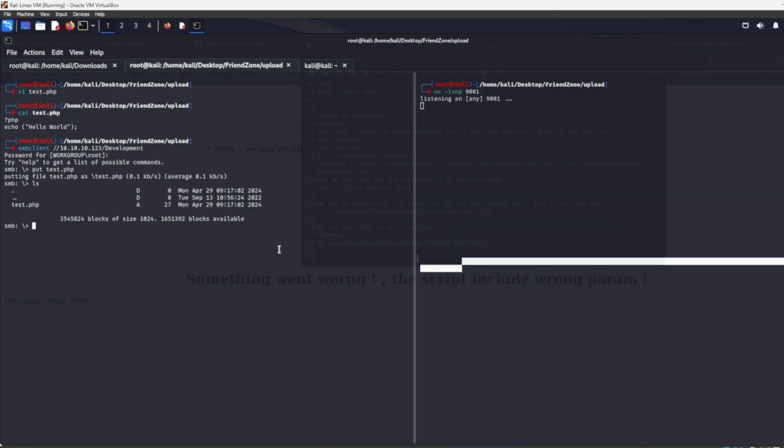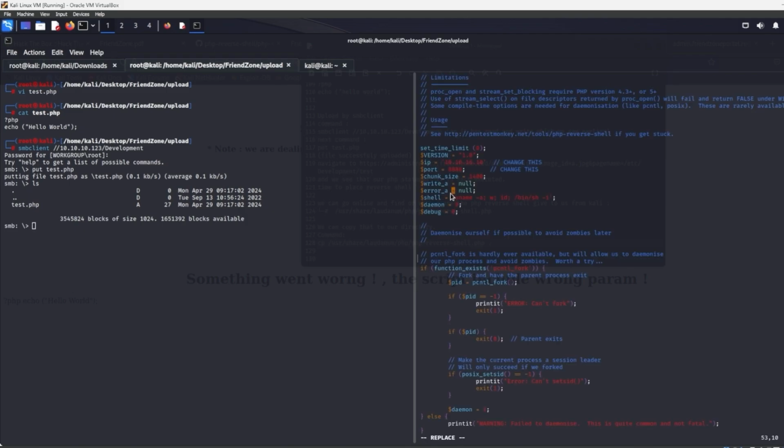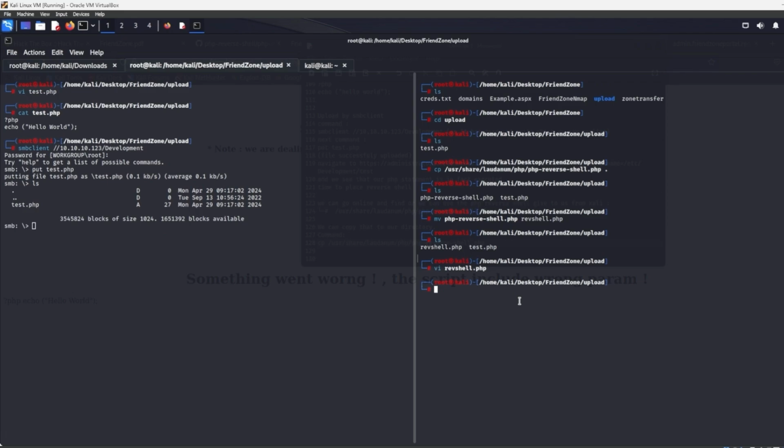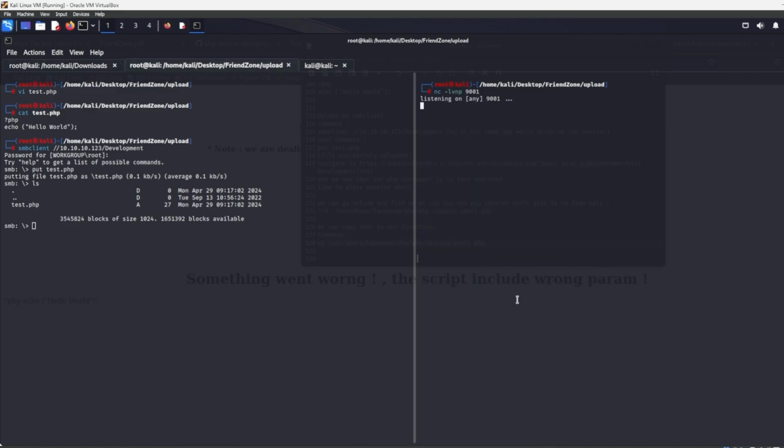Here we'll set up our NC listener in a minute. We'll do nc -lvnp 9001, and then in SMB client, we're going to put this new file, the PHP reverse shell,